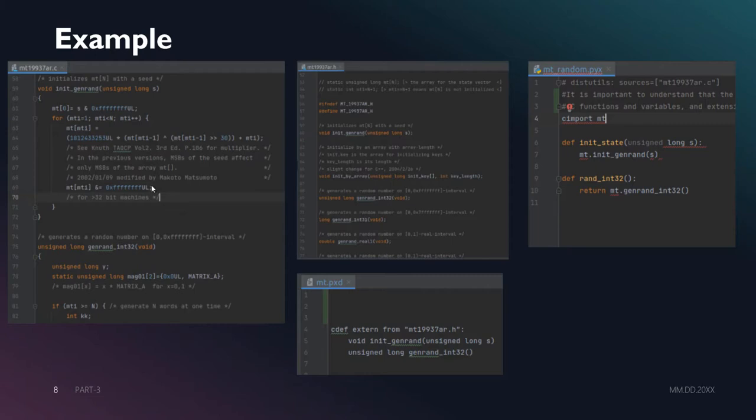This is basically the same as in the C file.